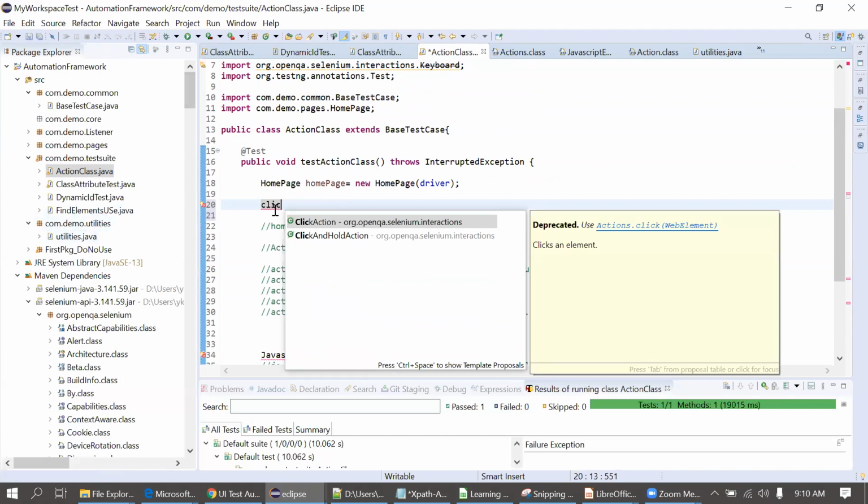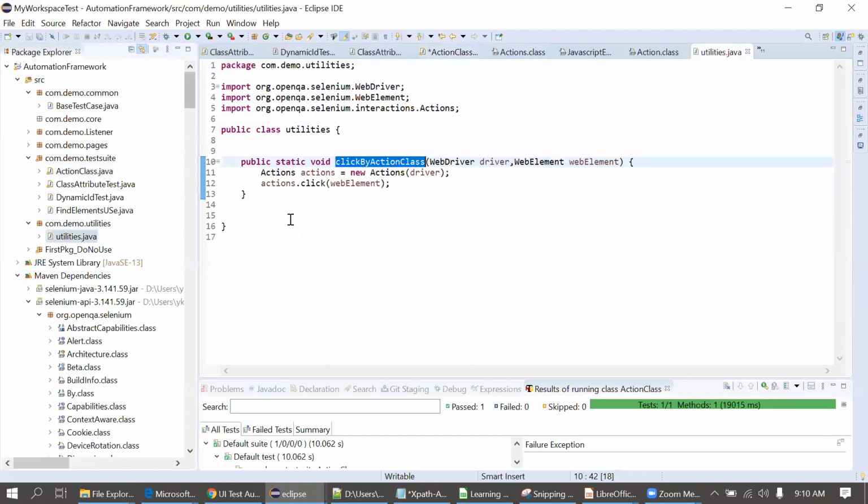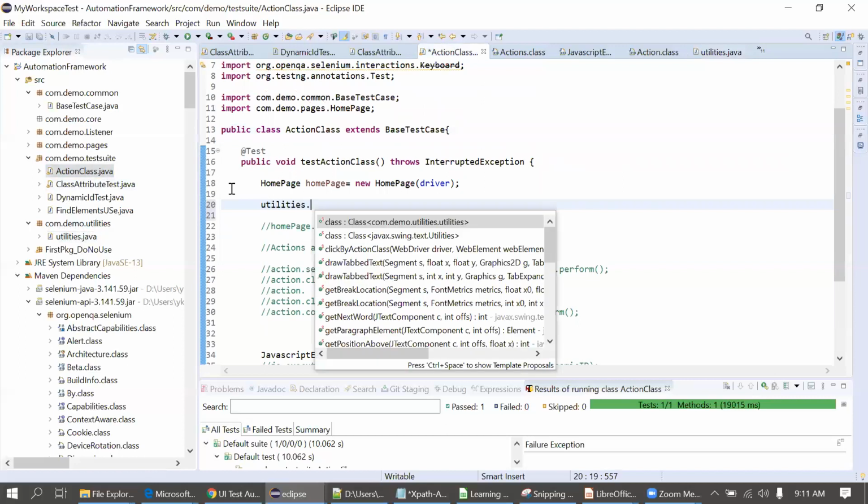Utilities.java. Oh, sorry. Not extend actually. When we are creating, we import the package. No, we don't have to extend it because we have made it static. That's fine. We have to call it by using the class name, right? So yes, I have not used the class name. That's why I'm not able to access it. Now I'm able to, yes, you can see this now.